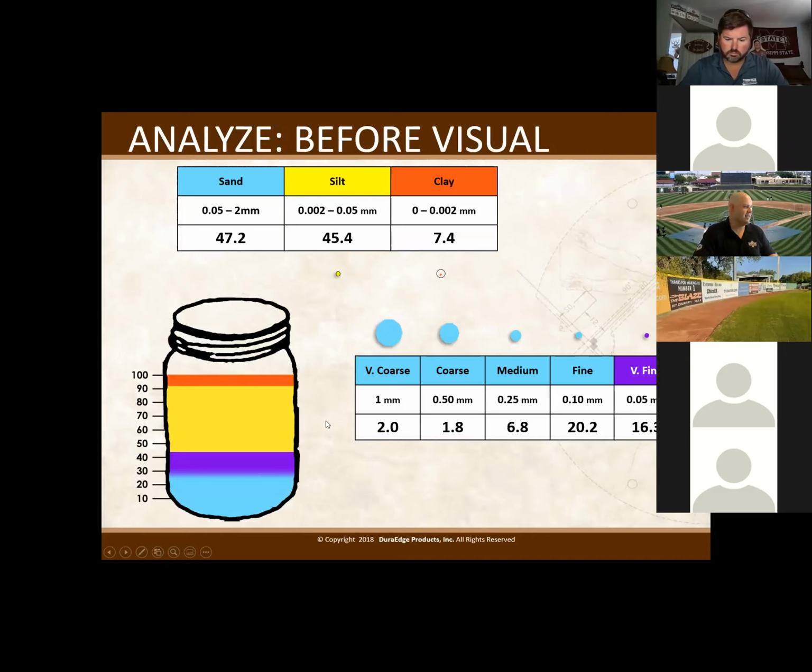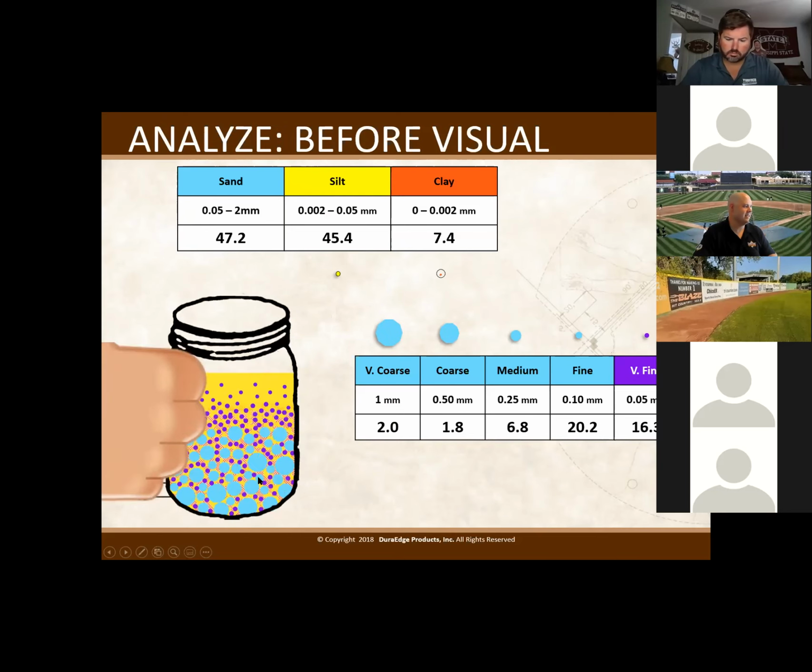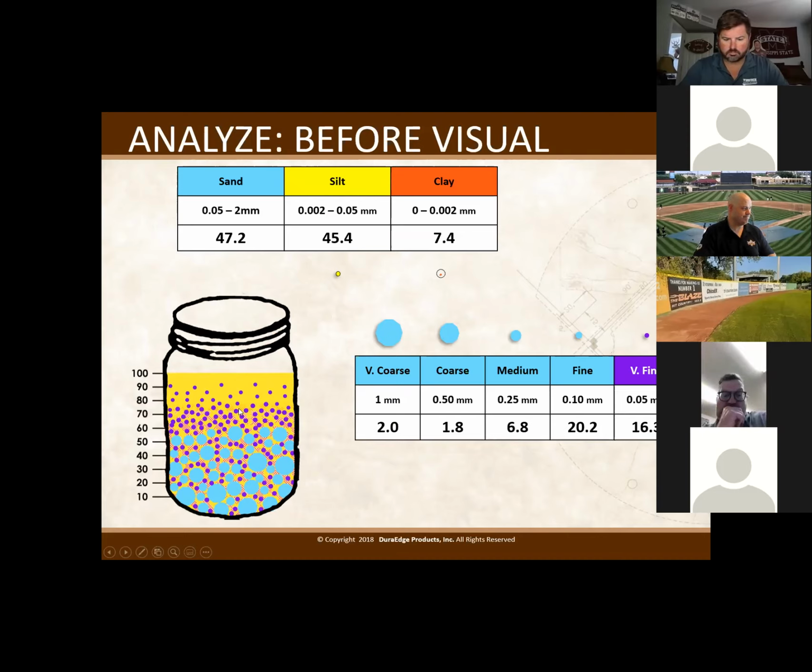If you were to do a jar test on this particular type of material, it would look like this. The sand particles are sitting on the bottom, and because there's so much silt, the silt is being pushed to the top with little bitty clay particles and some very fine sand particles, but you can see the soil is imbalanced. There's not enough void space to fill in the silt and clay, and all the very fine is sitting on top. So all of this is acting just like that skin that we saw earlier. The material is being distributed around the shoe.